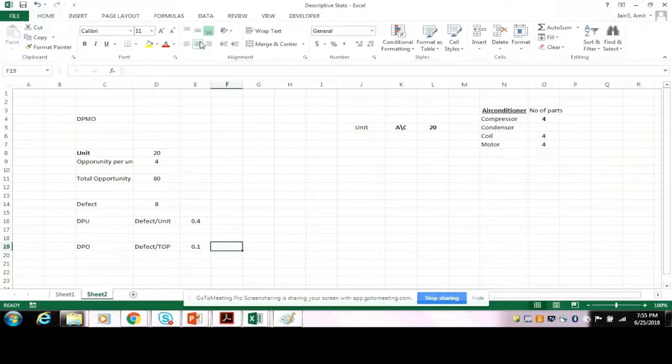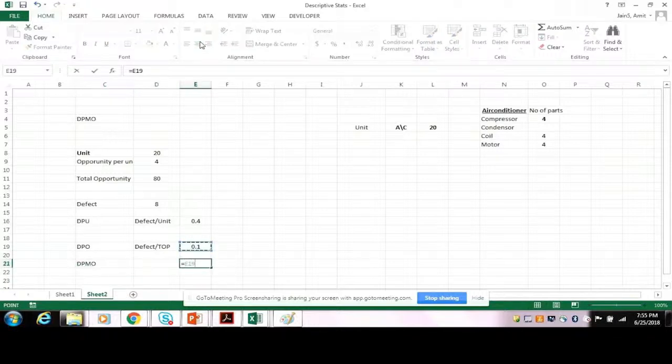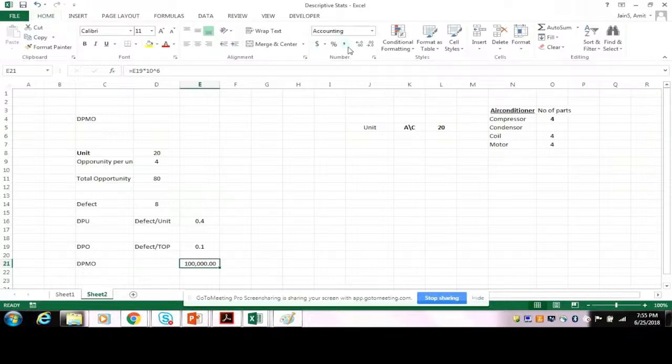So what we are saying is, every time there is an opportunity, we are creating 0.1 defect. And the DPMO calculation is pretty simple: DPO multiplied by 1 million. So we have 100,000 as the DPMO. Right? So if you go back to the slides,